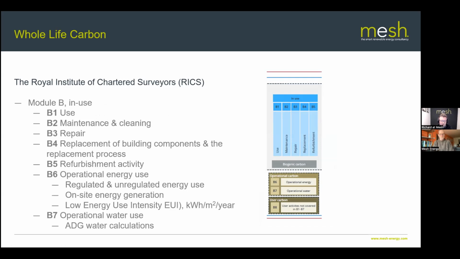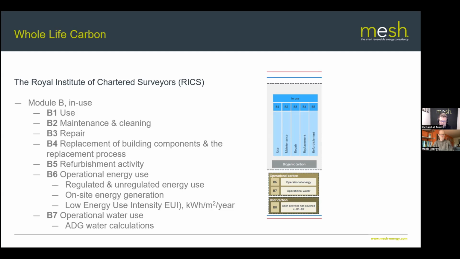By using EPDs and materials that have been assessed, those EPDs, when they enter into these carbon calculating databases, include all those factors in the background. So when we run these calculations and get the results for module B, the maintenance, say for redecoration of the paint, is factored in,